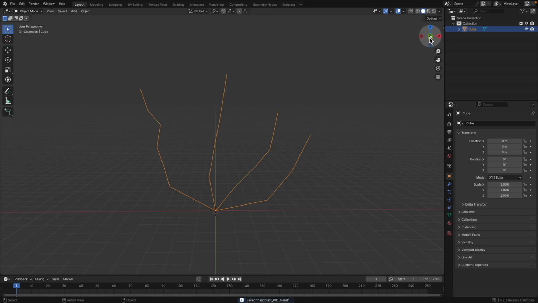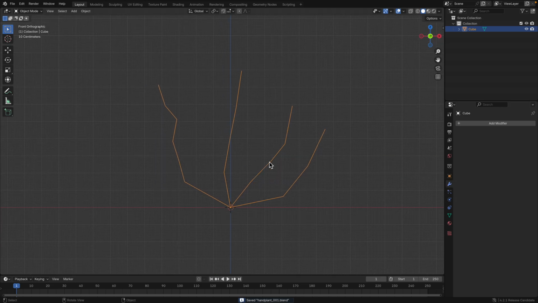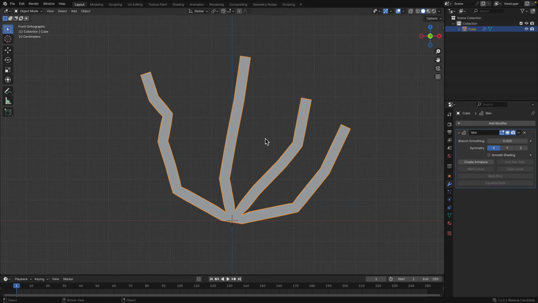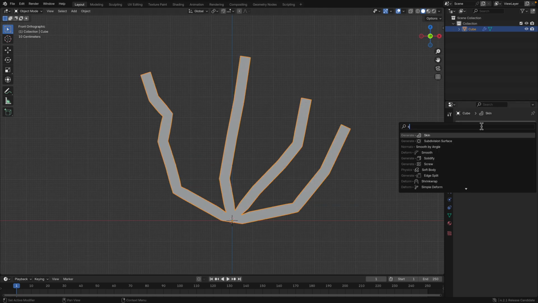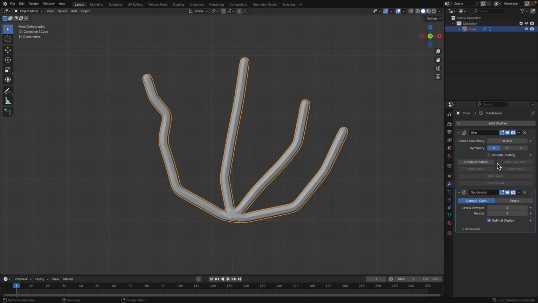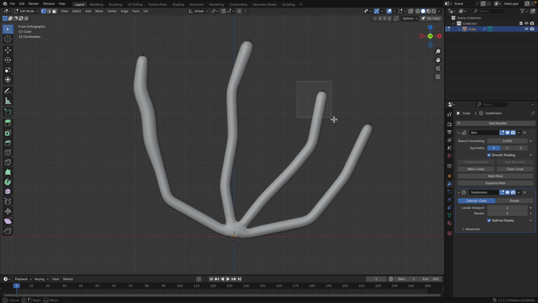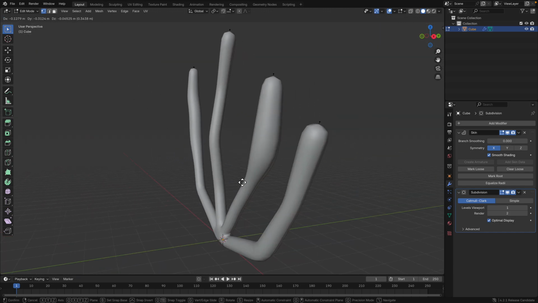We want to rig this, but we also want to turn this into a mesh first. I'll just use the old school skin modifier, with which you can subdivide. You can smooth shade. You can still edit this shape. Control A if you want to have different thickness. You can also use grease pencil if you want to. Control A, select the points, Control A. You can use geometry nodes as well. Just make your plant that you want to rig,